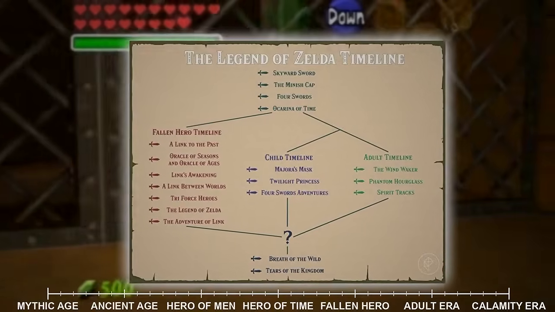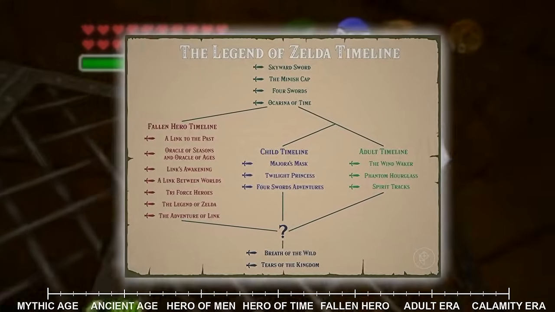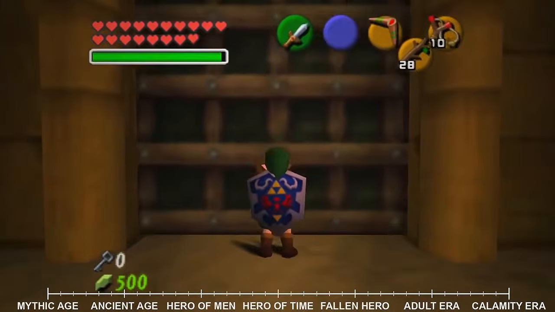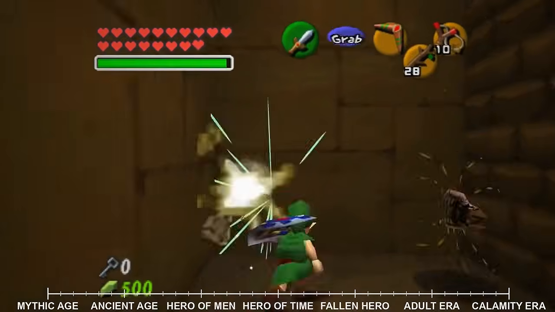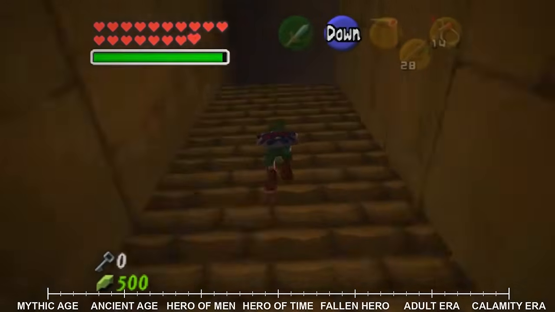The timeline then fractured at its most crucial juncture during the Hero of Time's confrontation with Ganondorf, creating three distinct branches of history, each one a testament to the weight of a single moment and the consequences of victory and defeat. In the timeline where the Hero of Time fell, we watched Hyrule descend into chaos, saved only by the